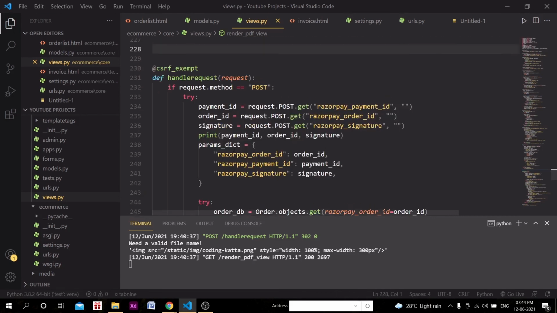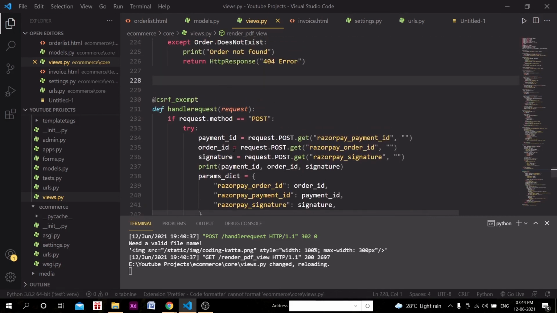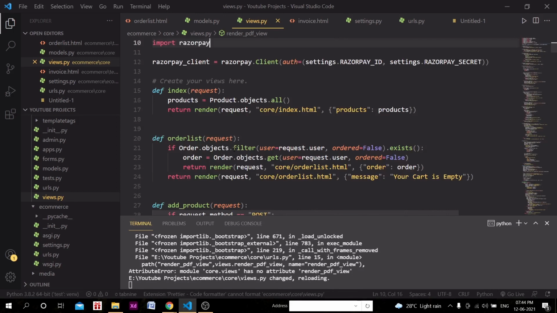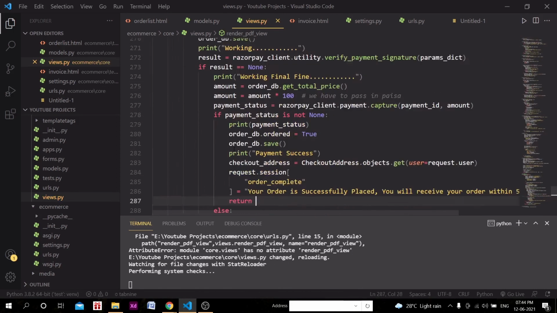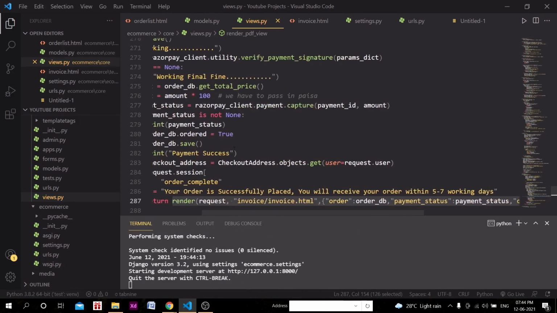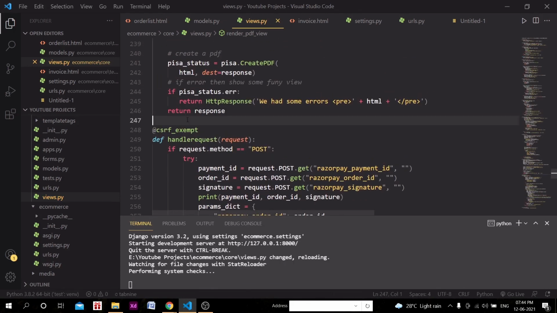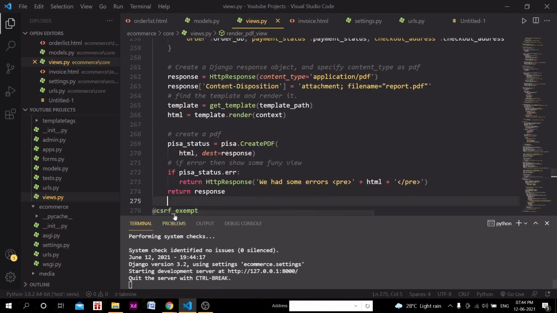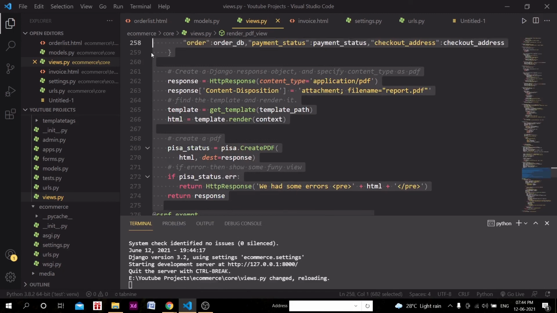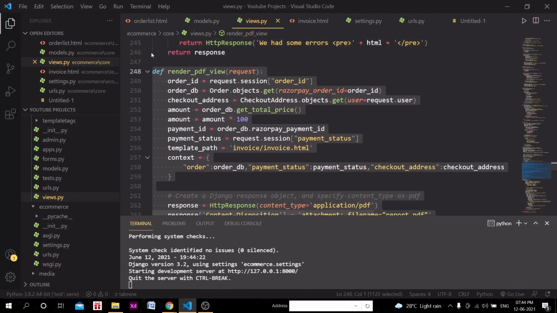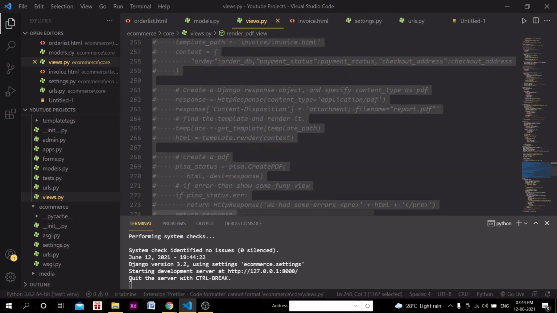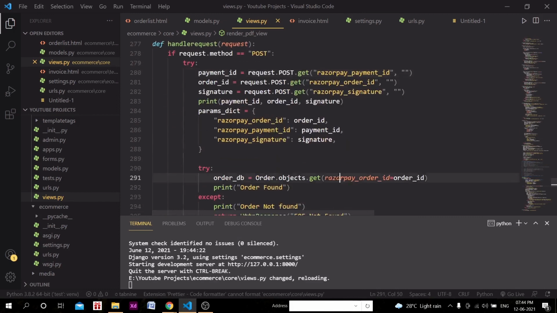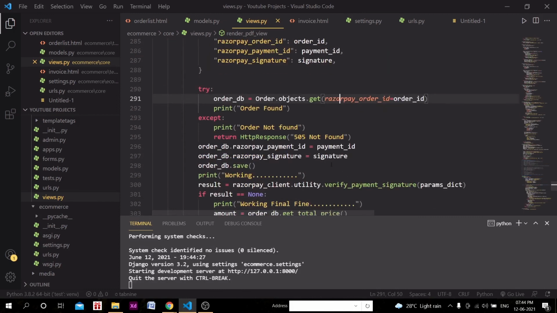So I'm deleting this, and I will keep this code here for your reference. I'm just commenting this out, and we will go traditionally by clicking on the print button.